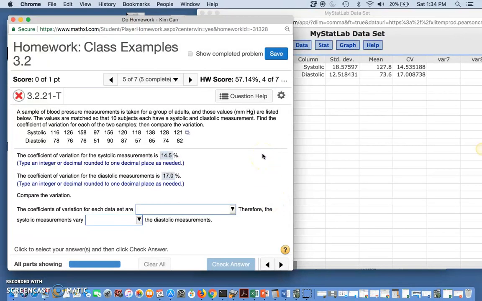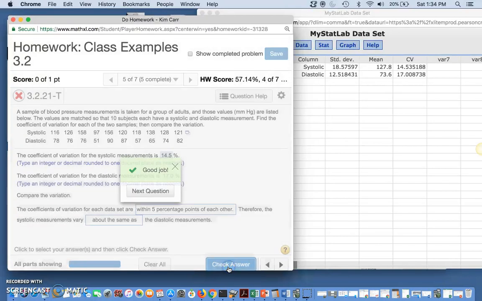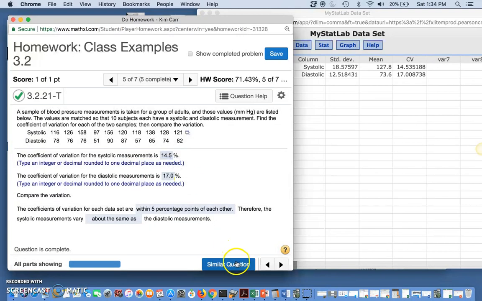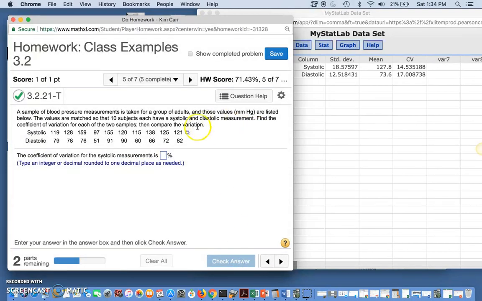Okay, now we can answer the question. The coefficient of variation for each data set are blank, therefore the systolic measurements vary what? How far apart are they? If we subtract 14.5 from 17.0, we get 2.5, so they are within 5 percentage points. So we would say that they are about the same if they're within 5. If they're more than 5, they differ too much. Okay, let's do a similar question, and let's do this one in